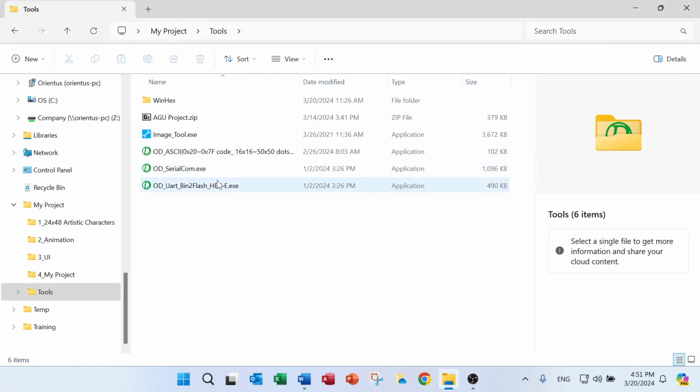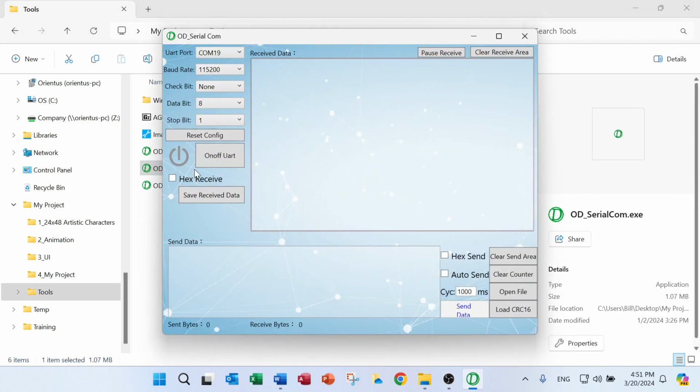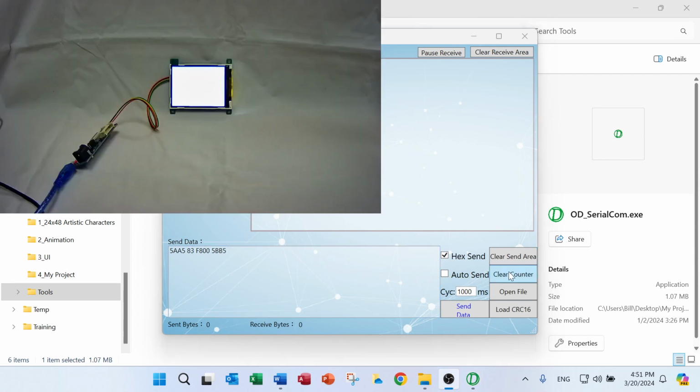we open the serial COM, and then we open the port, that's COM8, and we use hex send, and then we send it. Okay, we open the camera to see. Okay, all the display is red. Yeah, you can see it is red. It's communicating well, and